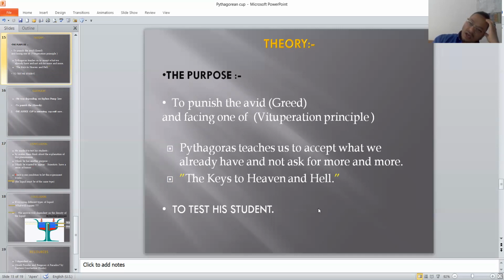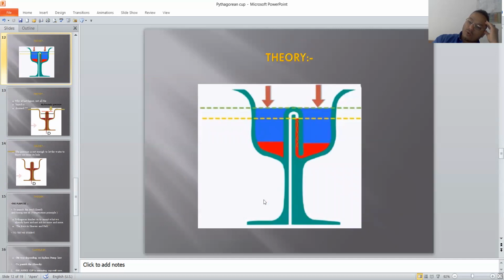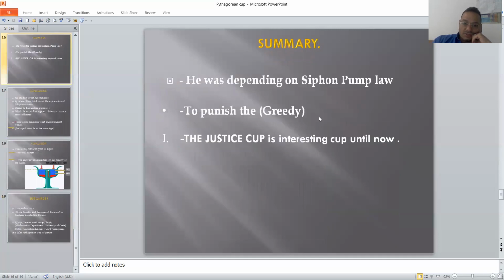And the last thing, I think, is to test his students, because like I said before, with the situation, what will happen? It's important, and different and difficult at the same time. I can make many questions from this figure by changing the conditions, the pressure, or the density. And I can change the density here by putting in a liquid with more density than the upper one, or change the situation, okay, to test his students.